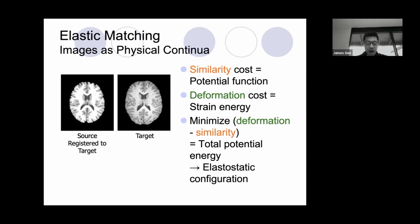corresponding elastic matching problem. And these groundbreaking ideas developed more than 40 years ago brought about a paradigm shift in medical image analysis from slice-by-slice 2D processing to fully three-dimensional analysis. A paradigm shift that was a precursor to active contour and physics-based deformable models that later became pervasive in the